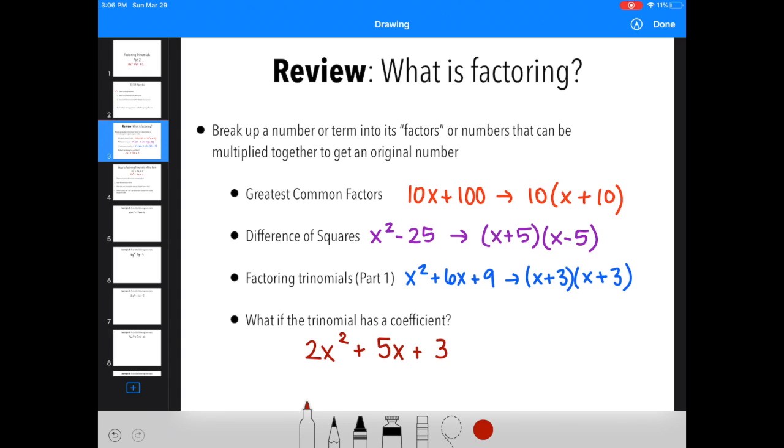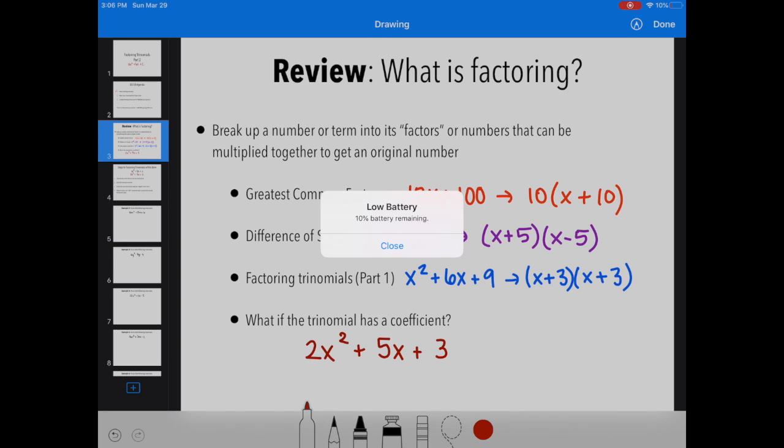So greatest common factor, you look at your problem and say, what quantity can I divide out of all of my terms? So for this example of 10x plus 100, I can divide out a 10, giving me 10 times x plus 10. Difference of squares, if I have two terms with a subtraction sign in the middle, and I can also take the square root of both of those terms,